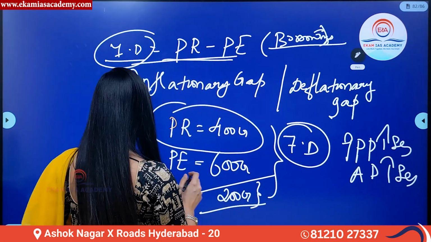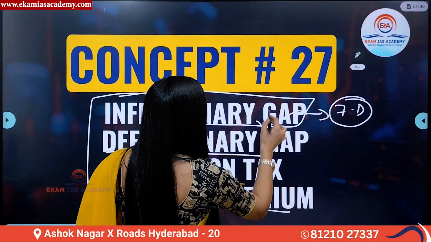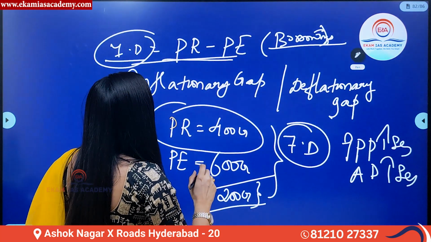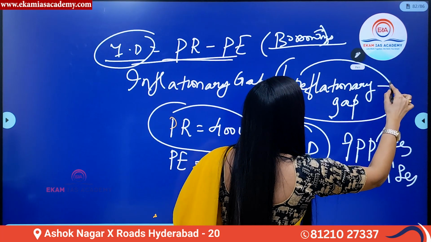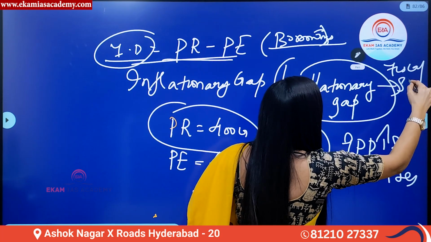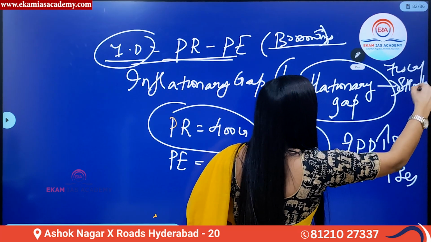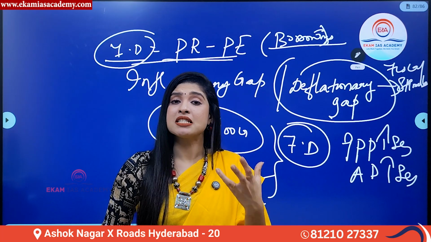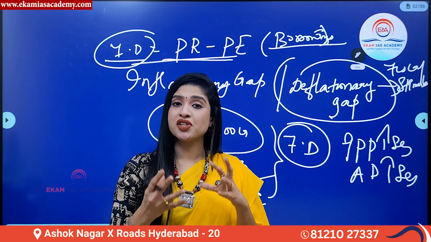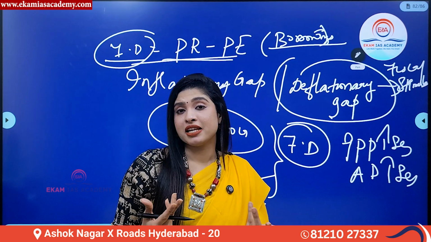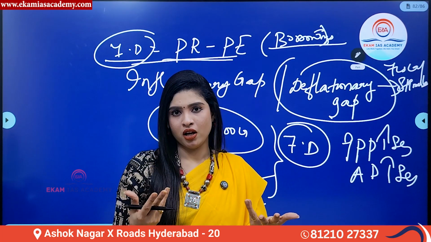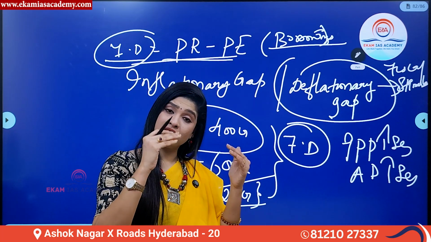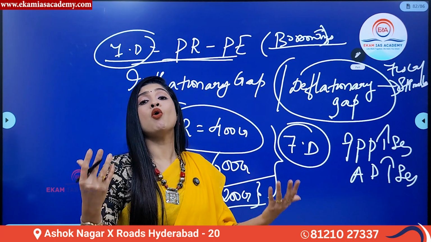Having said that, the next topic is what is deflationary gap. The opposite of inflationary gap is called deflationary gap. So now in deflationary gap, it is a situation of fiscal surplus. Fiscal deficit is when the public revenue is less, whereas the public expenditure is more. What is fiscal surplus? Surplus means extra. It is a situation when the government expenditure is less, whereas the government revenue is more. That kind of situation never happens normally. But anyways, fiscal surplus means less expenditure and more revenue for the government.